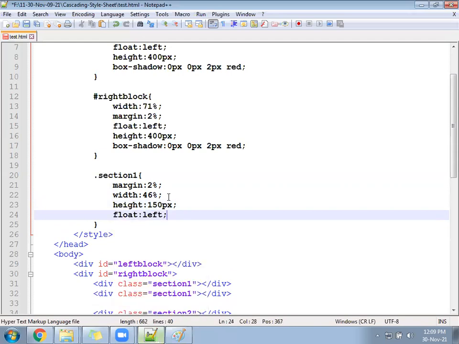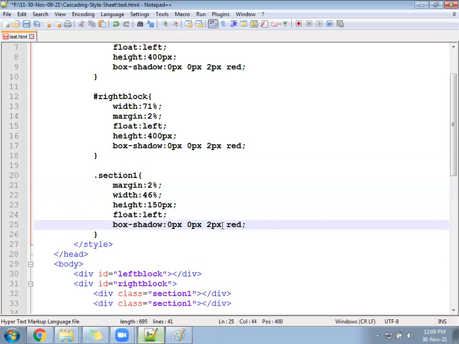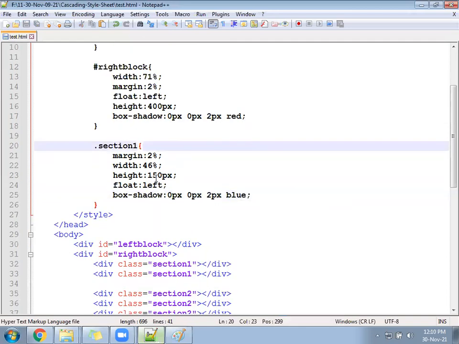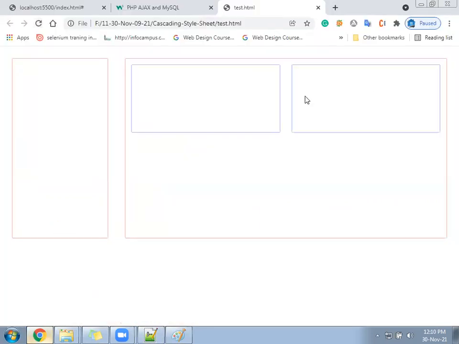Height given, width given, margin given, box shadow we need to give, some blue color. So 2 blocks will be ready, on equal gap.